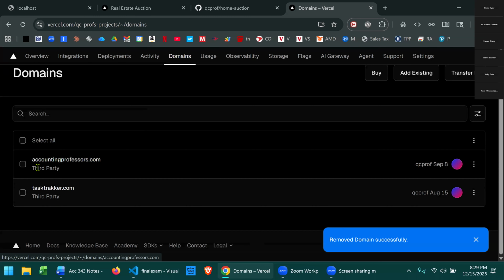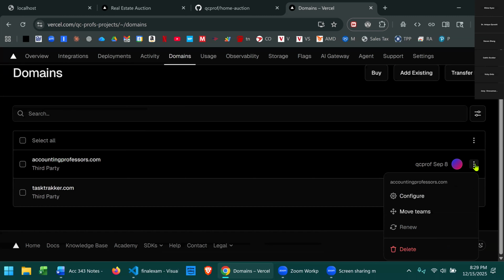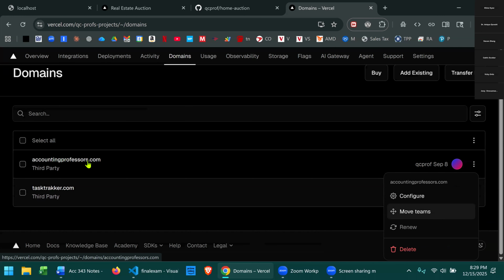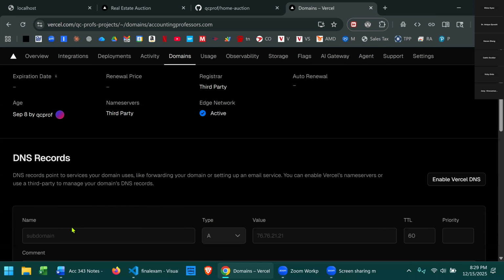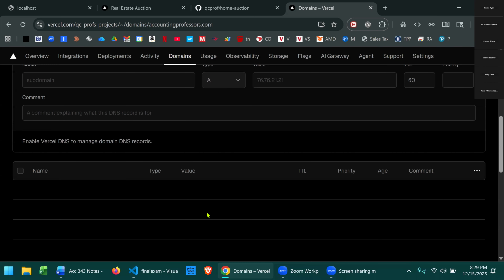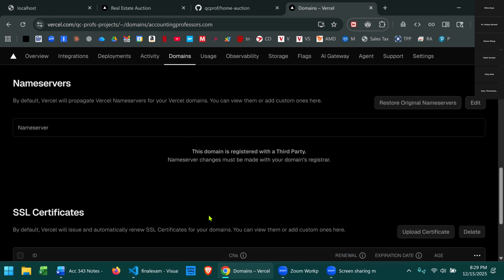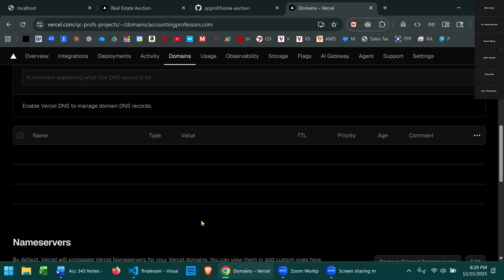But I have another domain called accountingprofessors.com. So I'm going to just click on it to associate it with my final exams. So I'm going to first just click on it and see what happens. So it's coming up. It's mentioning something about DNS records, name servers, all this stuff. Now, what I want to do is,